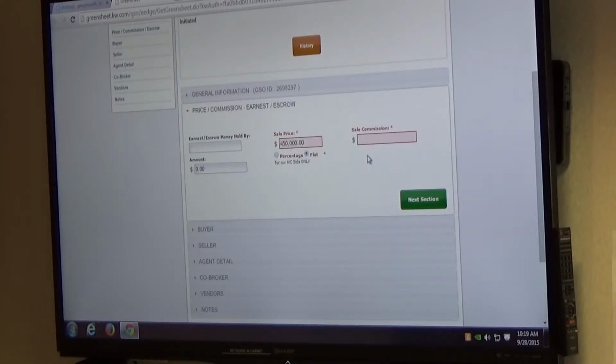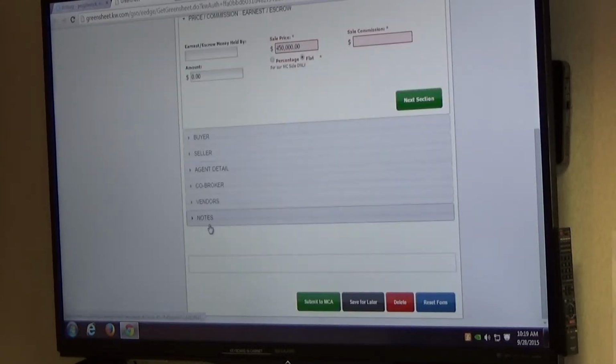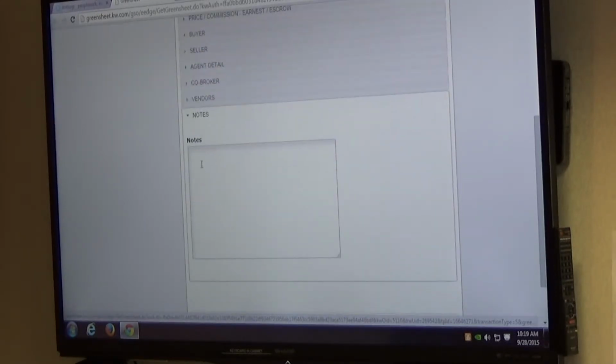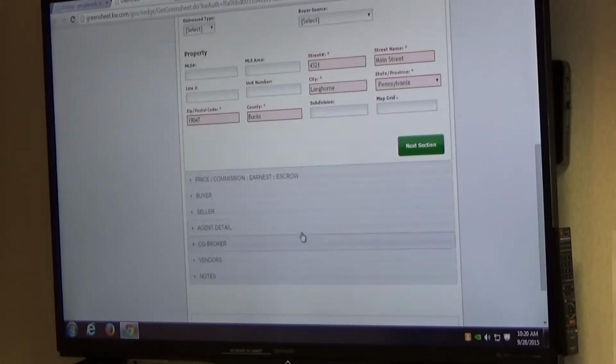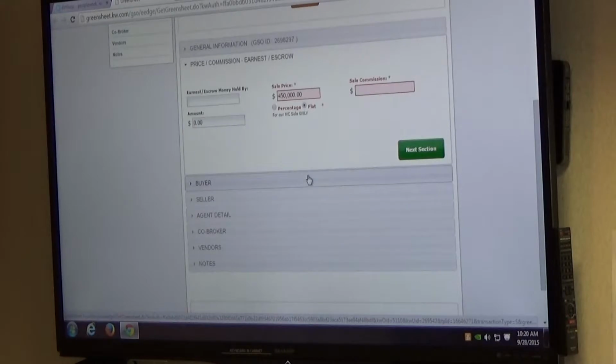At that point, it's also a good reminder, because way down here, the last thing that you get to is notes. In here, you're going to specify seller assist equals $10,000, and specify the commission is being paid off the net, not the gross. So anytime you can come in here and point those things out so that things don't get overlooked, be my guest, okay? But as I said, that truly is going to be the exception, not the rule anymore, especially because of the way it is written on the contracts, that it's pretty much assumed that any seller assist is going to be paid on the gross,